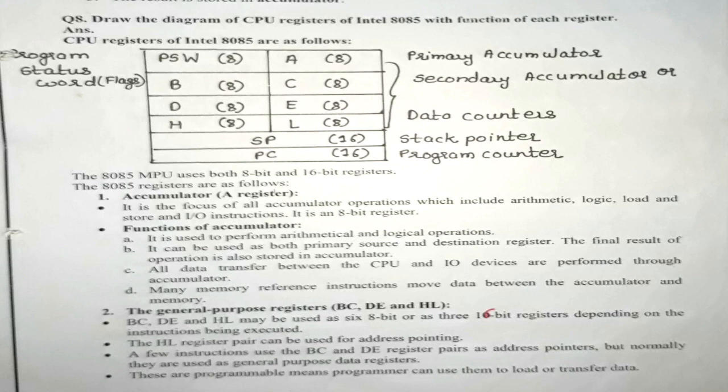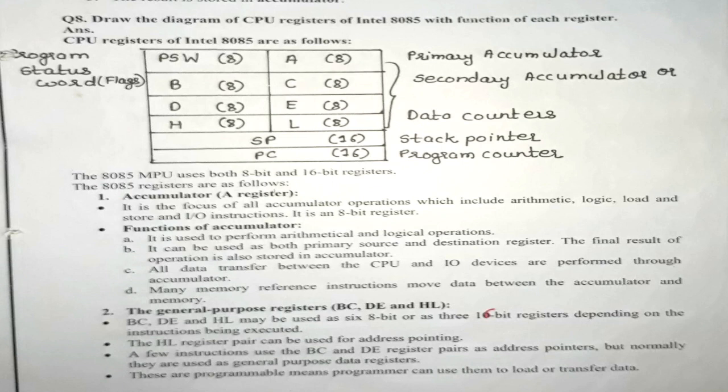So basically these are the functions. The first function is that the accumulator performs arithmetic and logical operations. The second function is that we can use the accumulator as a primary source and destination source. What is the meaning of this particular sentence? Primary source means whenever we want to perform an addition, one data has to be compulsorily stored inside the accumulator, and to store the other data we can make use of B, C, D, E, H, L, any one of the registers. So here one data out of two is compulsory for us to store inside the accumulator. So it means we are using the accumulator as a primary source.